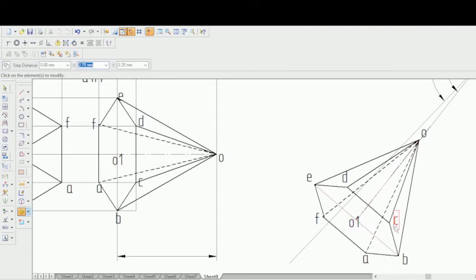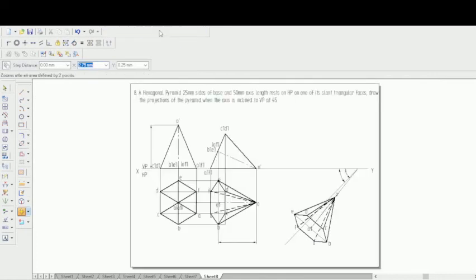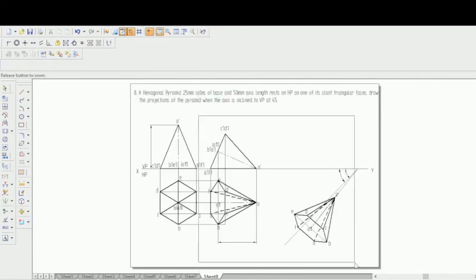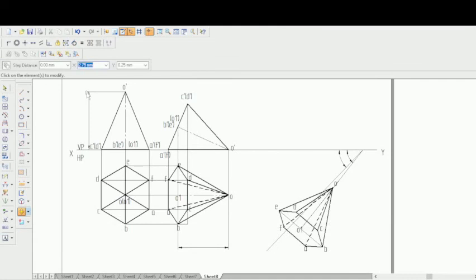So now let's try to draw the projection. So that is very, very important. Let's try to draw those projections. To draw those projections, let's zoom into this particular part. Let's use a normal line and draw the projections. O to O dash,